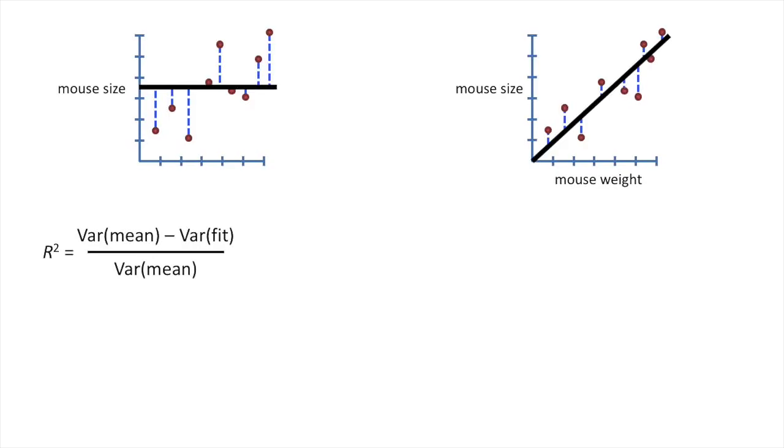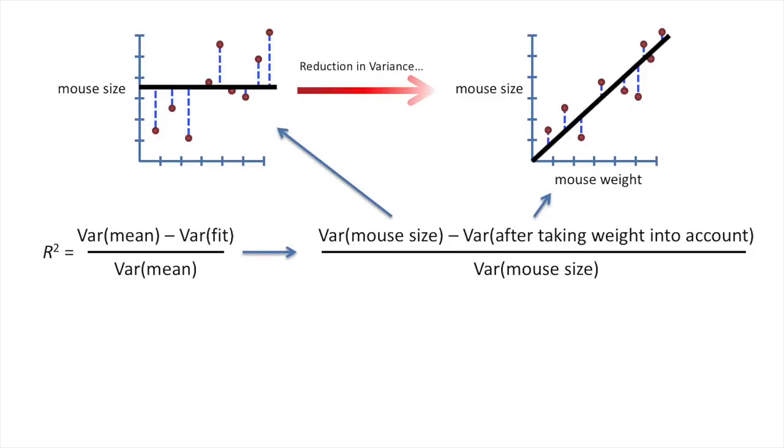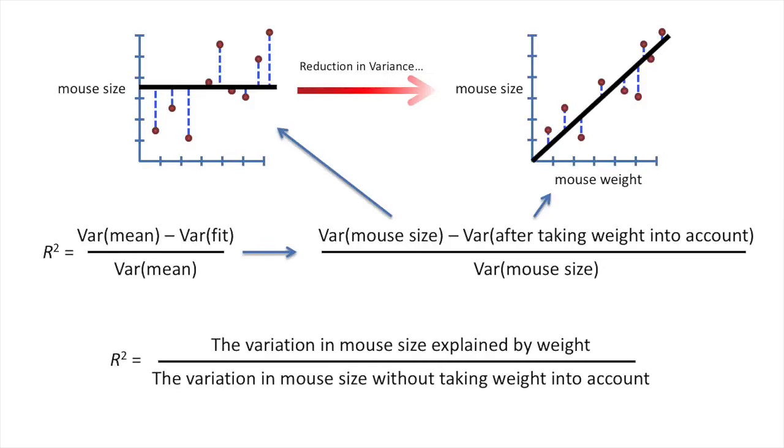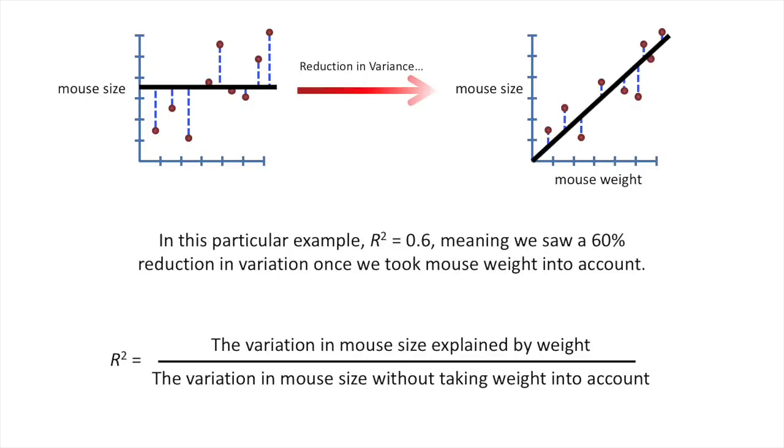The general equation for R squared is the variance around the mean minus the variance around the Pfit divided by the variance around the mean. In our example, this means the variation in the mouse size minus the variation after taking weight into account divided by the variation in mouse size. In other words, R squared equals the variation in mouse size explained by weight divided by the variation in mouse size without taking weight into account. In this particular example, R squared equals 0.6, meaning we saw a 60% reduction in variation once we took mouse